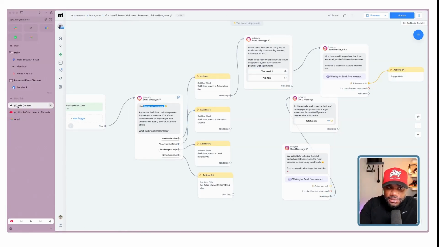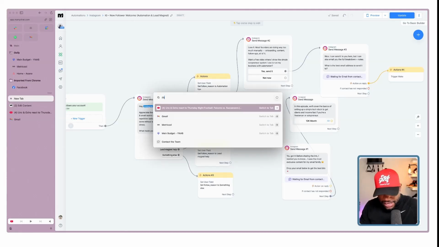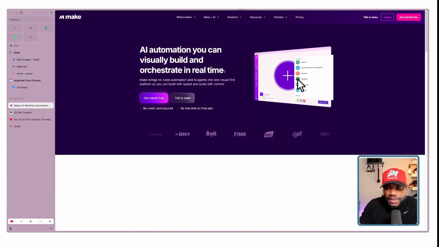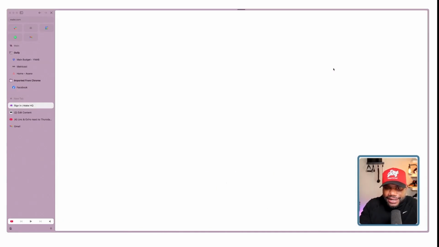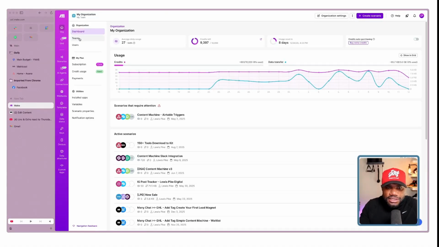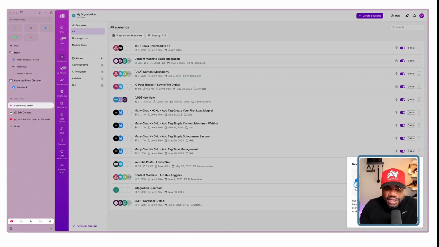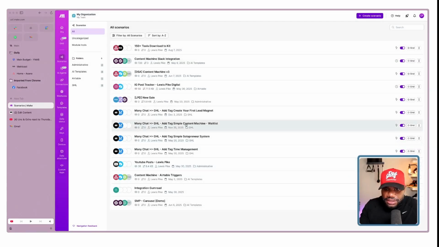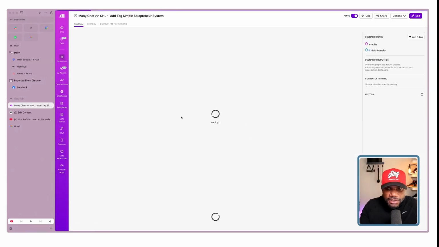But I'll just do a quick walkthrough of what it looks like in make.com. It's really simple. If you're using Go High Level, or another CRM, you just have to do the same thing, connect it to your CRM. Let me just go here. All right, give it a second. Okay, so these are just some scenarios I have. And then this is just, get rid of this. And then if I'm sending them the Simple Solopreneur System,